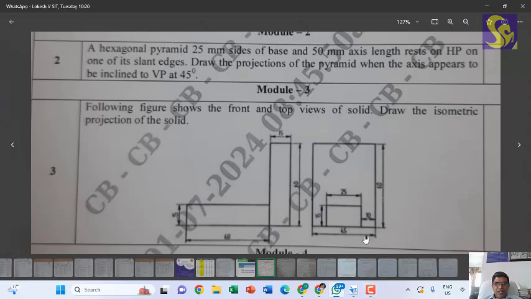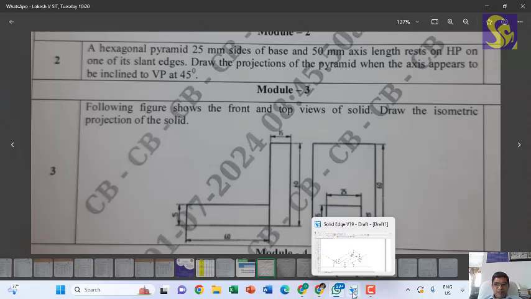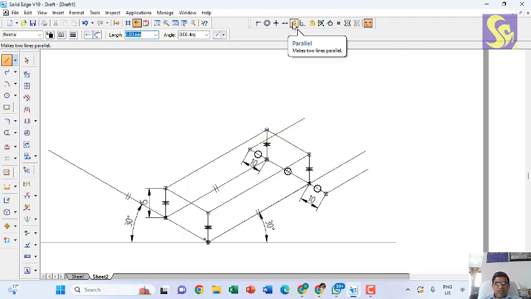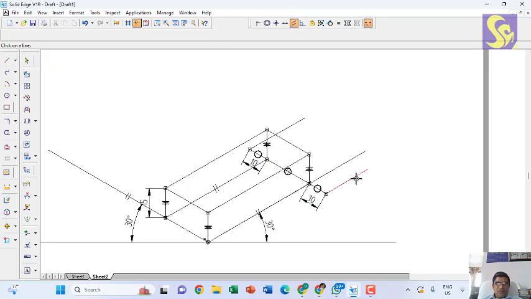Now the width of 15 and height of 60. Okay, so from here I'll draw a line, 2 lines rather, and I'll make them parallel to the axis. Parallel. So this line parallel to the axis and this line parallel to the axis. And if I complete this,